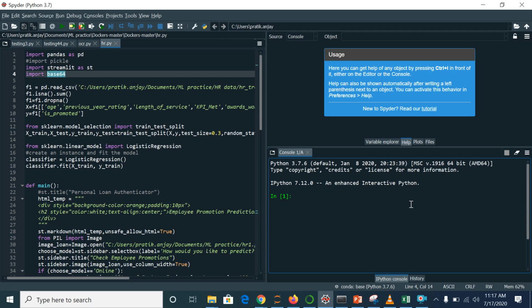So let's start. The screen that you are seeing now is the Spyder platform, and this is a place where you write your Python code or machine learning algorithms. I have written all the code over here, and I am building this application on Streamlit, so you will find the Streamlit libraries here as well. All the code is in Python plus the Streamlit library, and I'm just going to show you the application as well.